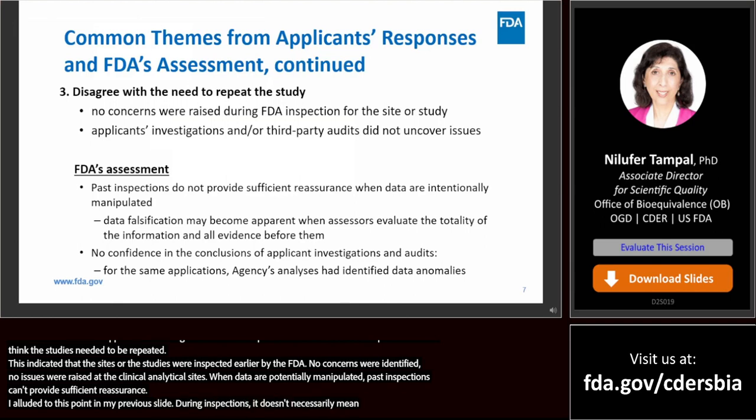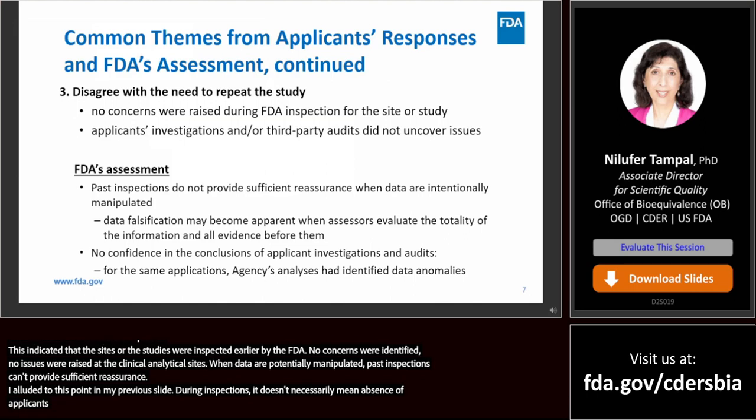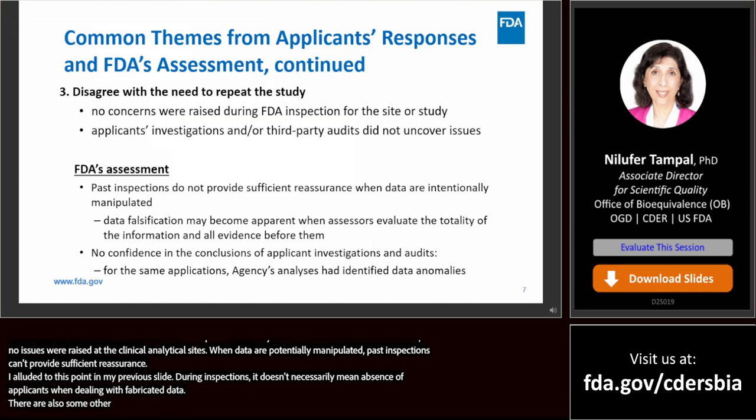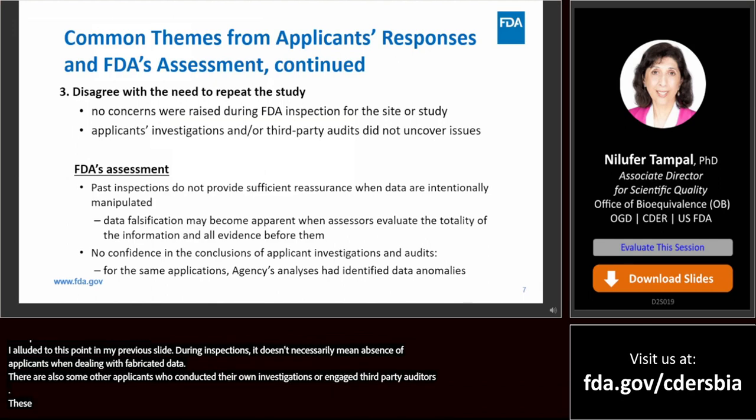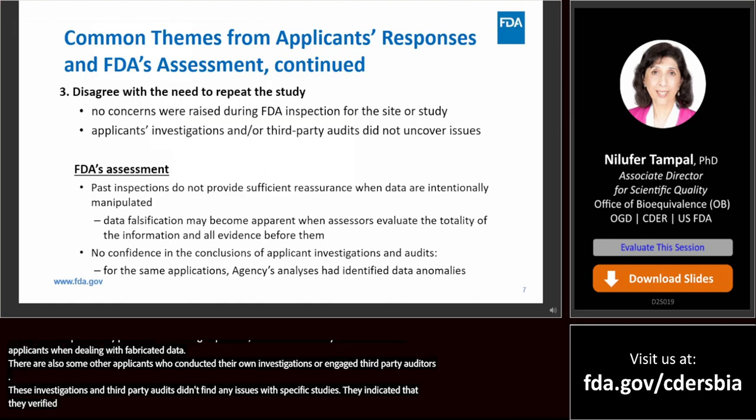Now then, there were also some other applicants who conducted their own investigations or engaged third-party auditors. And these investigations and the third-party audits did not find any issues with their specific studies. And they indicated that they had verified the clinical documents and also the analytical and the statistical data. However, here again,